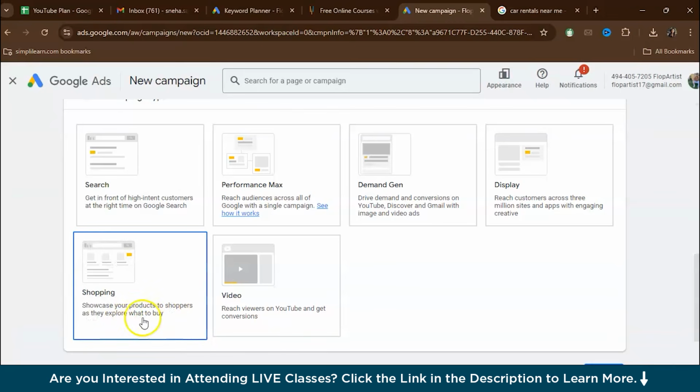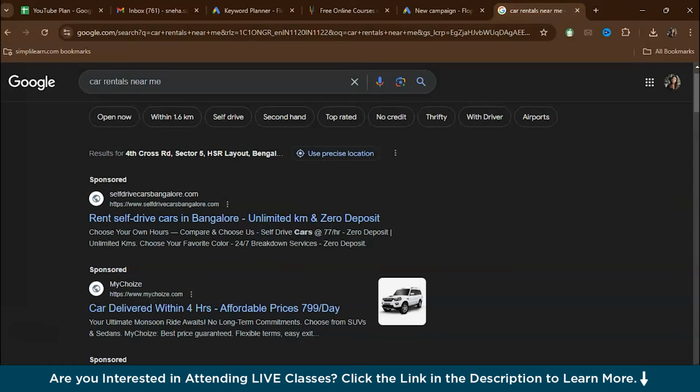Now the next one is shopping ads. Now shopping ads are a powerful tool for e-commerce websites. So these ads showcase your products directly in the search results, complete with images, prices, and your store name. Like for example, if we search leather jackets,